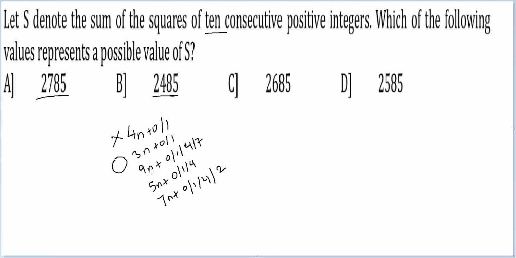Maybe later with 9, the remainder can be 4 possible cases, too many to check. Maybe later with 5, 3 to check. With 7, 4 to check. But when you look at these, the best way to proceed would be 7 because all of them leave different remainders with 7. Now the remainder occurrence pattern for 7 would be 0, 1, 4, 2, 2, 4, 1. That is it. This is the pattern.